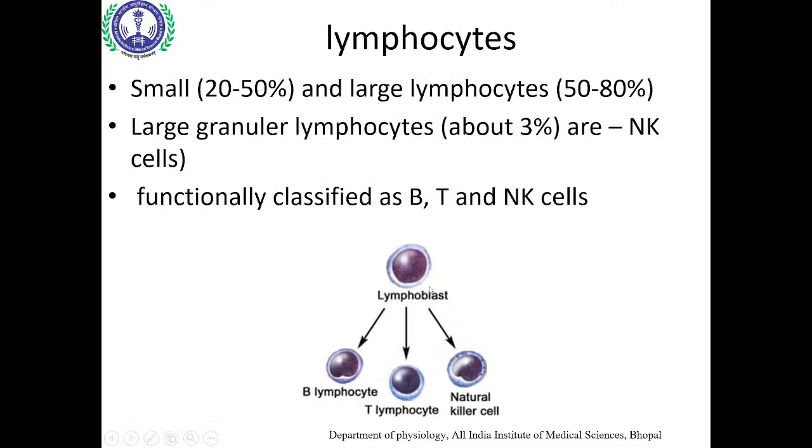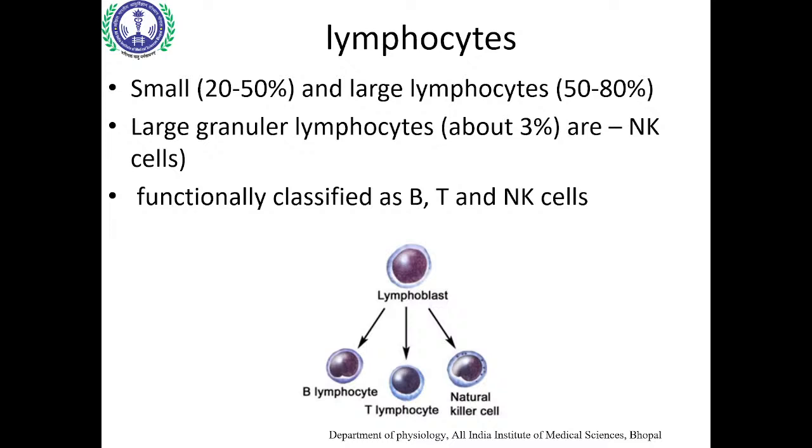Okay, then coming to the last, that is the lymphocytes. Lymphocytes have different classifications. What you see in a peripheral blood smear is classified into small lymphocyte and large lymphocyte, right? Small will be smaller in size, of the size of an RBC, almost 8 micron, and the nucleus of a small lymphocyte will completely cover the cell. Only a tiny bit of cytoplasm will be visible. Large lymphocytes are larger and they have a slightly indented nucleus, which you can confuse with a monocyte.